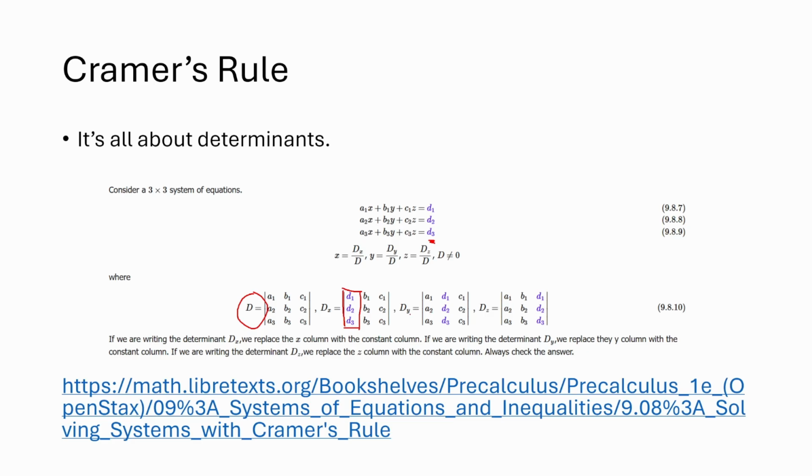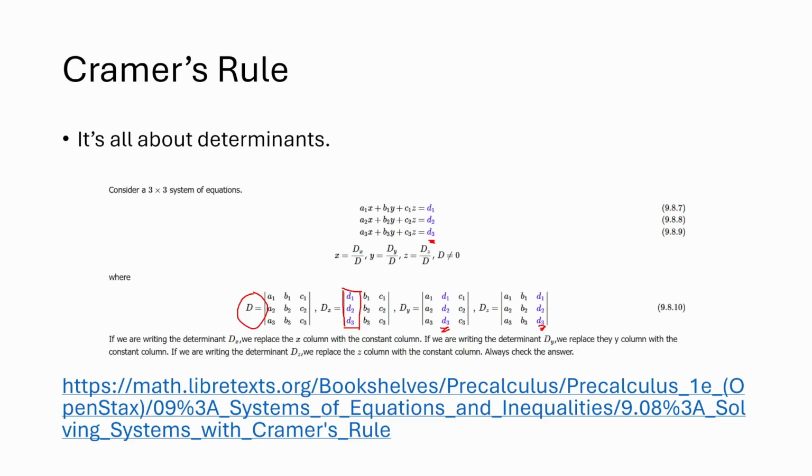And this works with all the other variables. So for y, which is the second variable, you replace the second column of the coefficient matrix. And for z, you replace the third column of the coefficient matrix. And that's it. It's very straightforward. It's a really elegant little solution. I'm not going to prove it because it's a lot of annoying algebra, to be honest. But